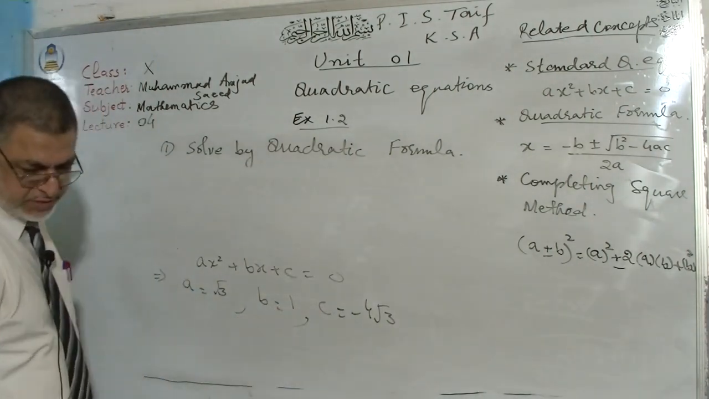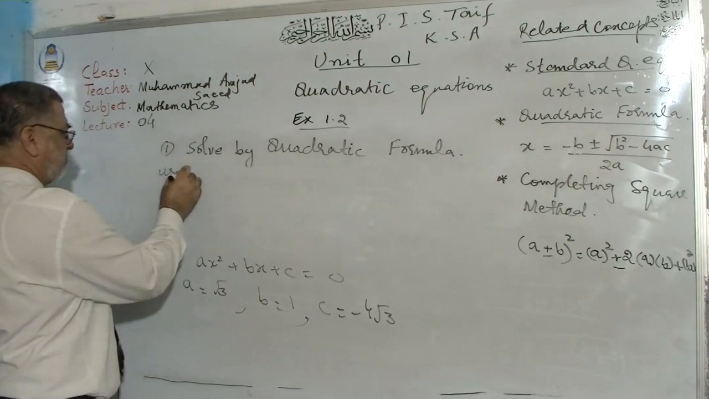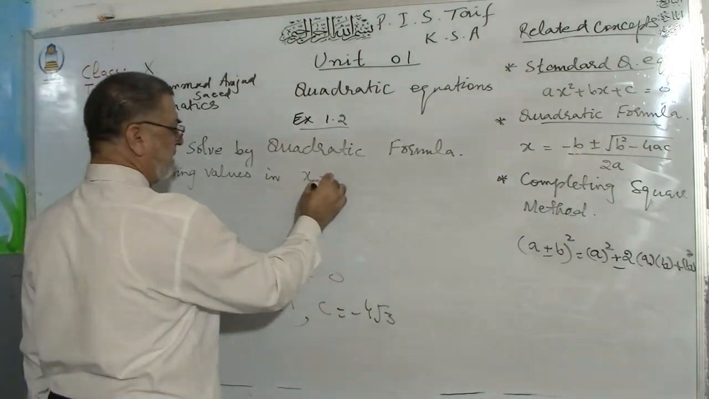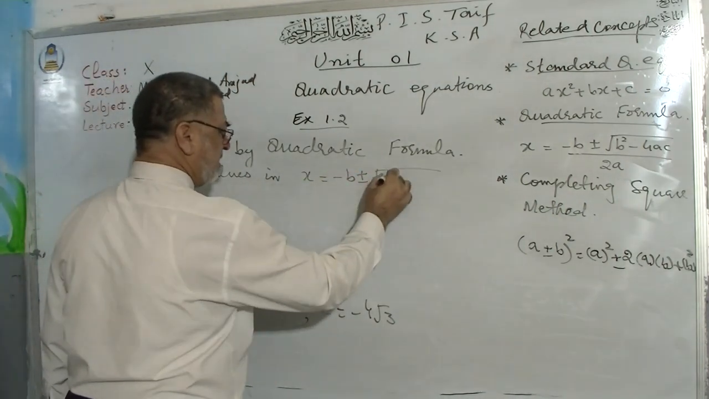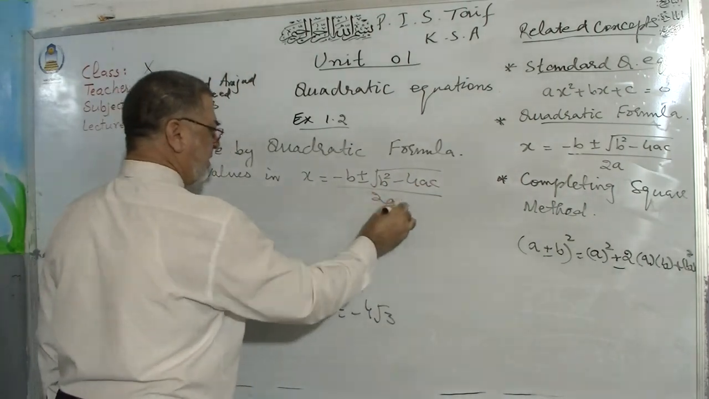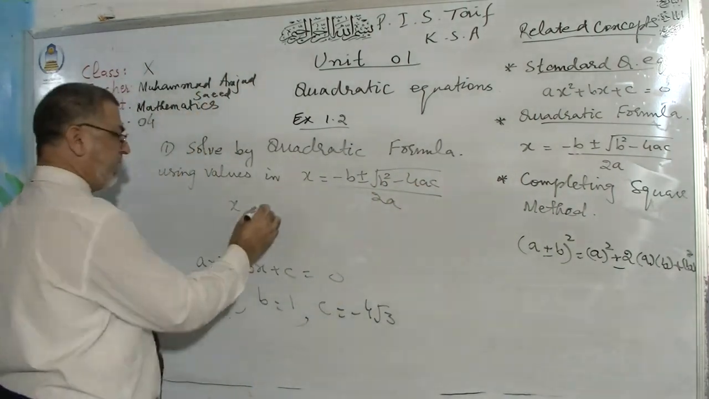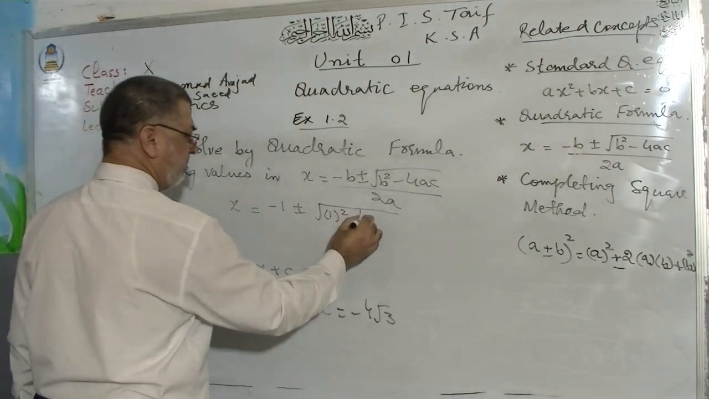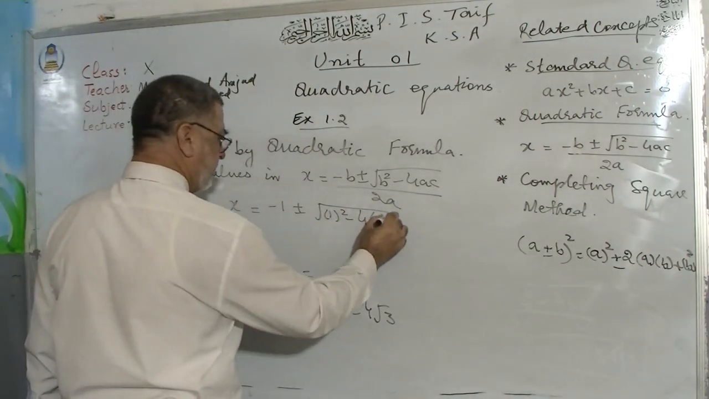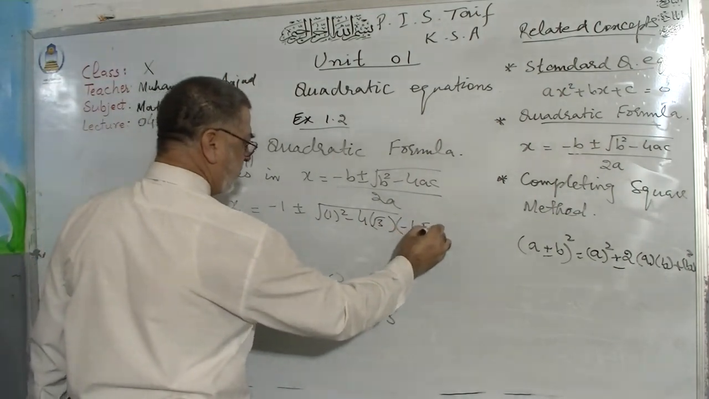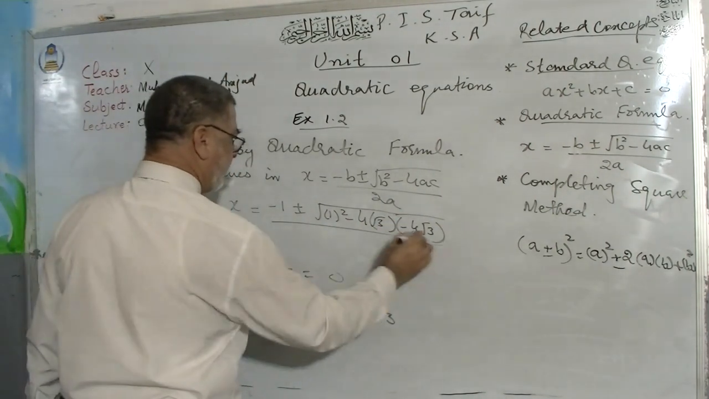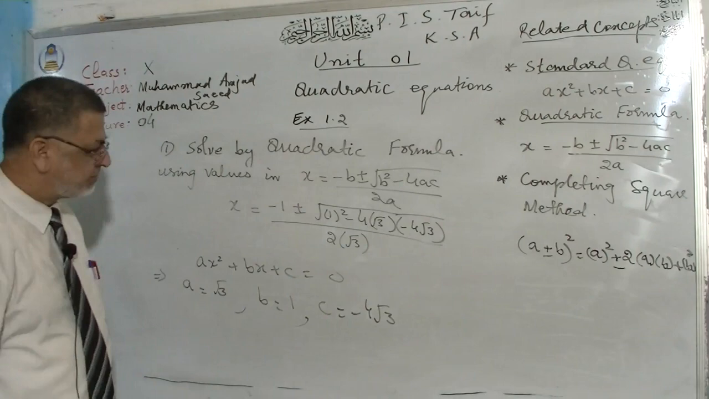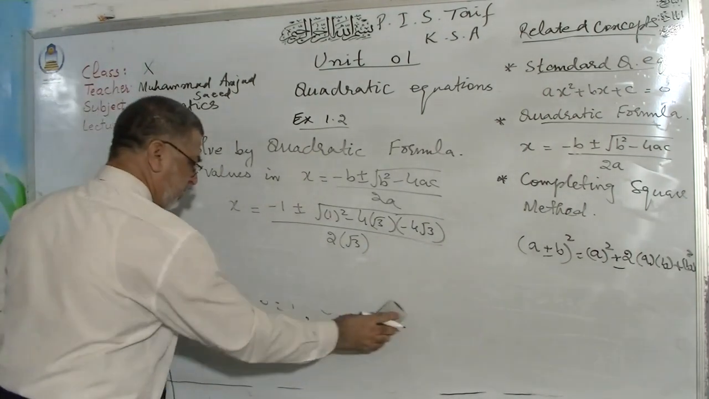So using values in the quadratic formula, x is equal to minus b plus minus the square root of b squared minus 4ac, over 2a. So x is equal to minus b, which means minus 1, plus minus the square root of b squared, which is 1 squared, minus 4 times a, which is 3, times c, which is minus 4, divided by 2 times 3. Value of a, here you can see